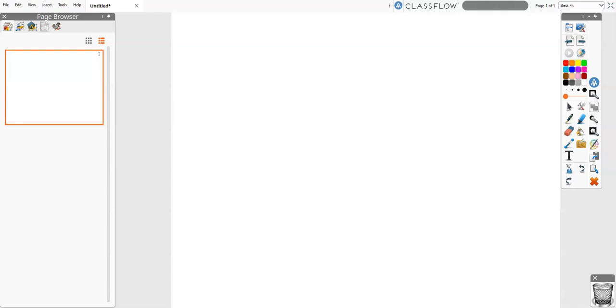Hello, this is a little introduction into the light version of ActivInspire. I hope that when you go out to teach, you will get a professional version, which offers many more options than this one. But this is a light version, and it allows you to view other people's work, other people's flip charts, and create some decent